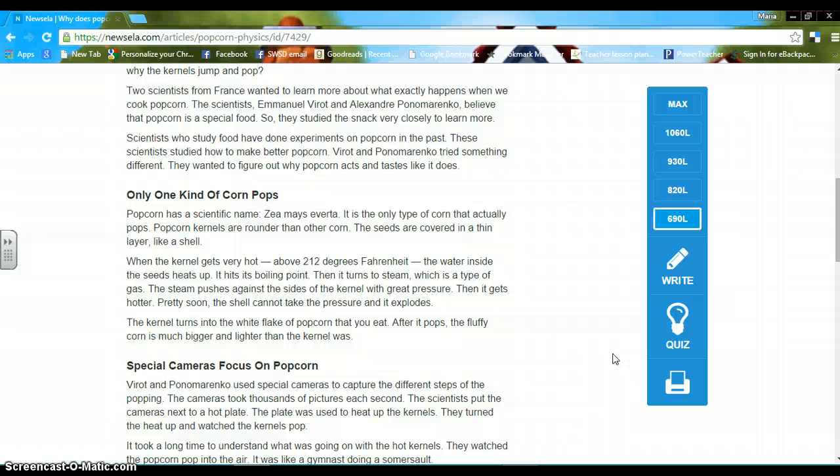Popcorn has a scientific name, Zea mays everata. It is the only type of corn that actually pops. Popcorn kernels are rounder than other corn. The seeds are covered in a thin layer like a shell. When the kernel gets very hot, above 212 degrees Fahrenheit, the water inside the seed heats up and hits its